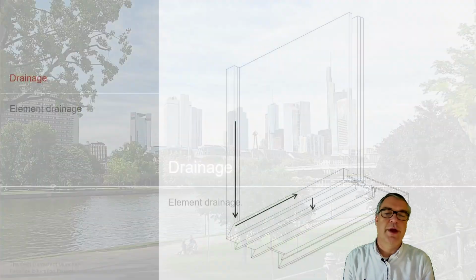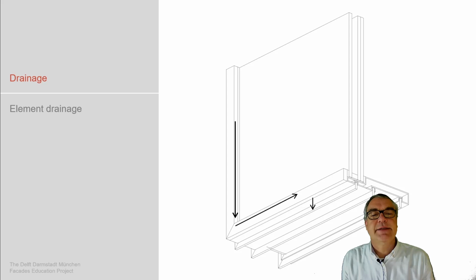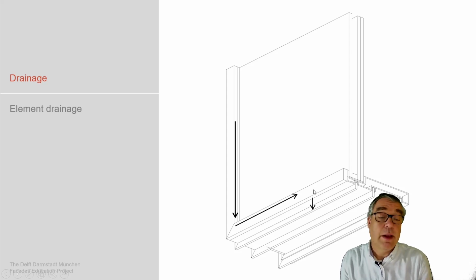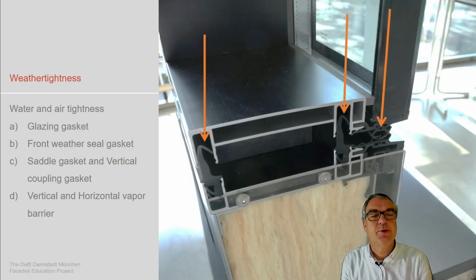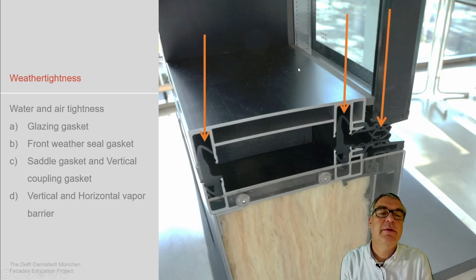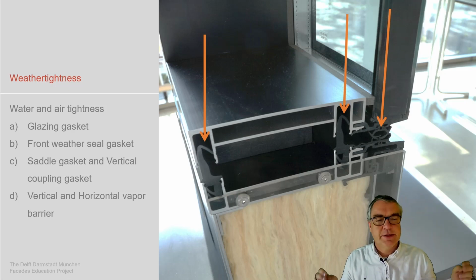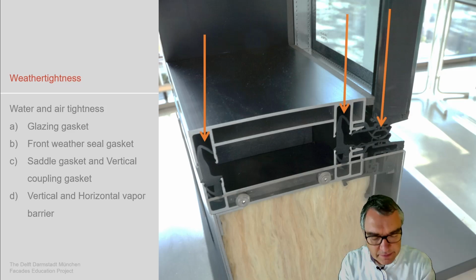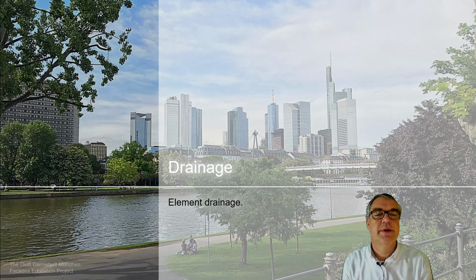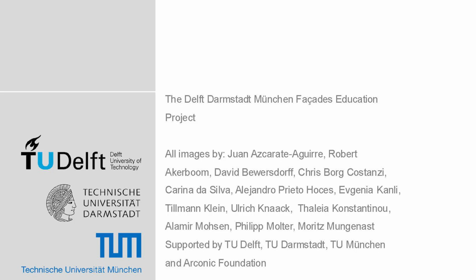which brings us to drainage. That means that in the case of any humidity in the cavity, the humidity needs to be drained out of the system, out of the unitized system. When we go back into this one, this device needs to drain in the vertical connection, where we have the vertical connection down to the bottom. It needs to drain any humidity to the bottom of the entire system as a drainage system.